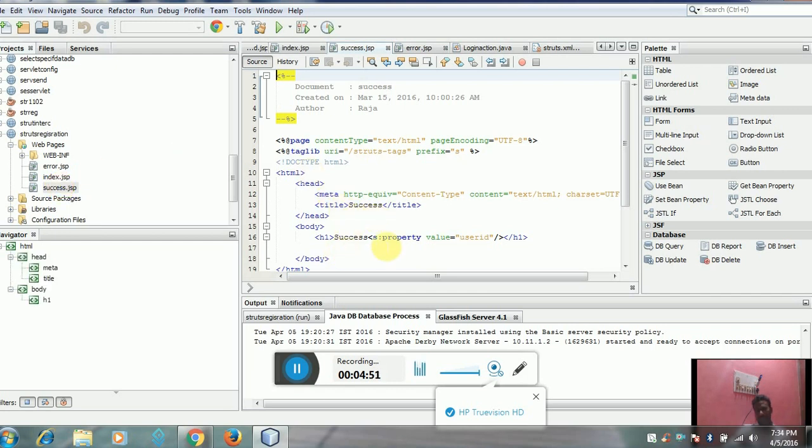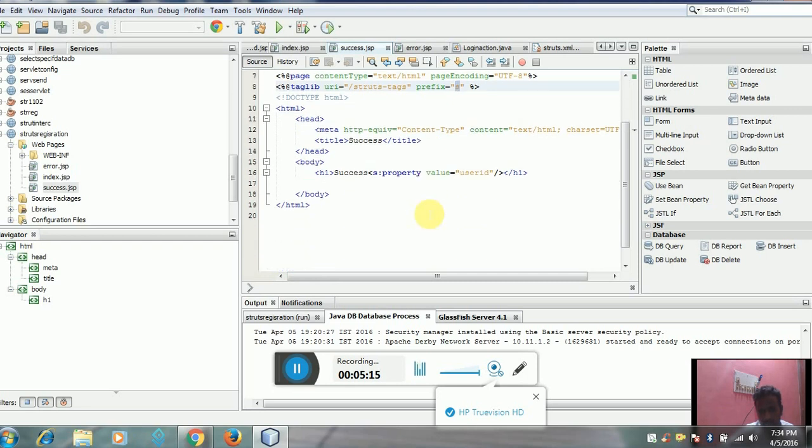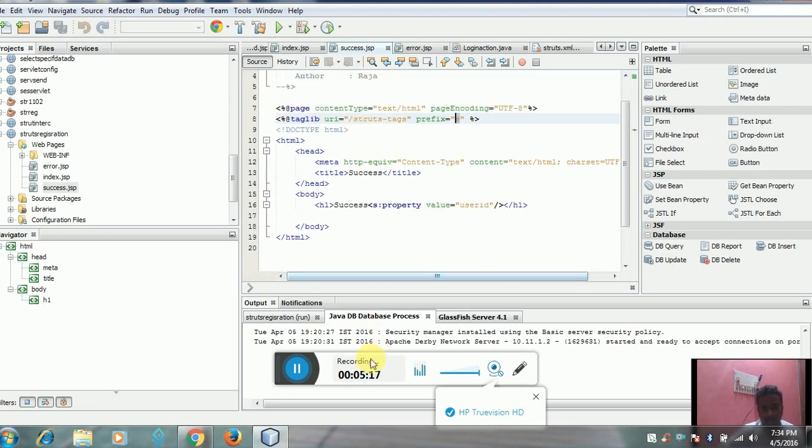Success uses s:property value equal to the URI. Here s is a tag library. I am using the tag library with the taglib directive, URI equal to /struts-tags, and prefix s. I am creating the prefix s, that's why I put s: before the tags.